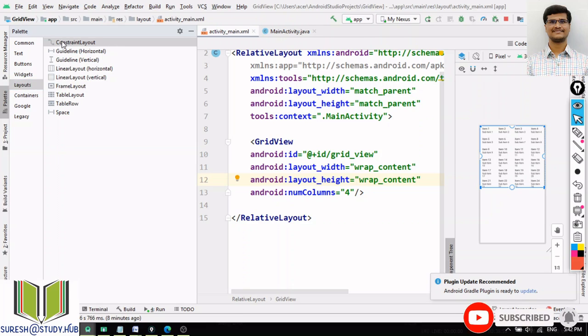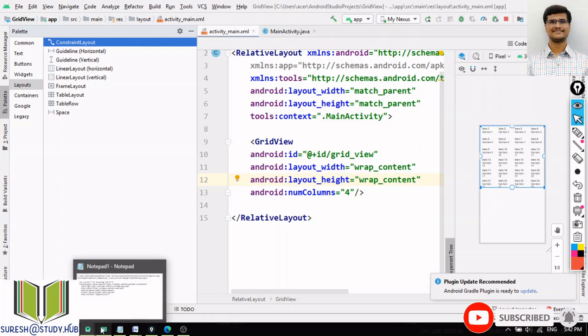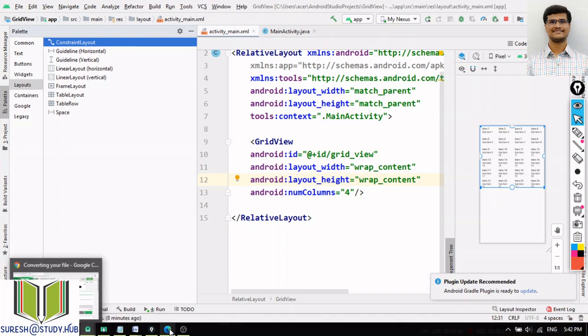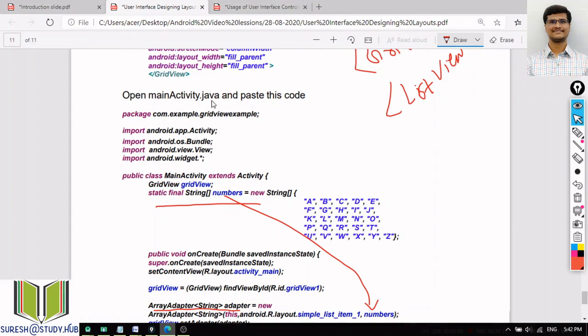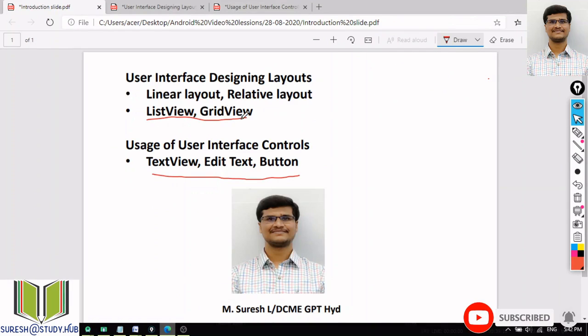Constraint layout is the default layout, and linear layout and frame layout are there, table layout is there, table row, and relative layout is there. So we have different layouts, but in the syllabus we have only these 4 layouts. What we have discussed are linear layout and relative layout, and after that list view and grid view. So in today's class we have discussed all these layouts.